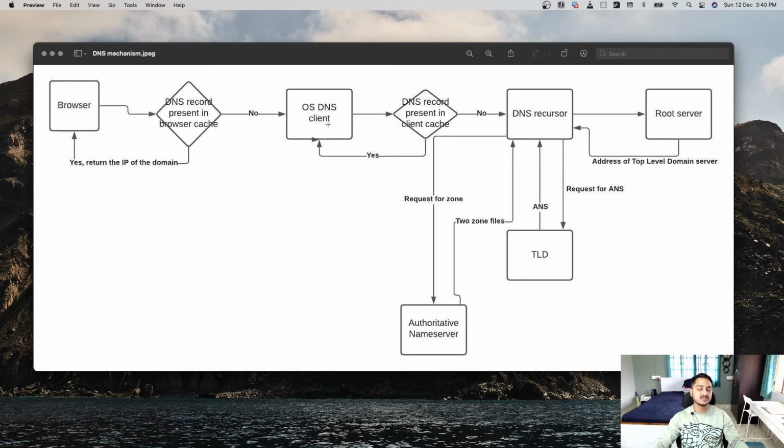It typically caches it because, as you see, it is a very complicated and time-taking process. So it caches it, stores it locally, so that the speed gets improved, and then it gets back to the browser, and hence we make the further request. So this is a high-level understanding of the domain name server. Thank you.